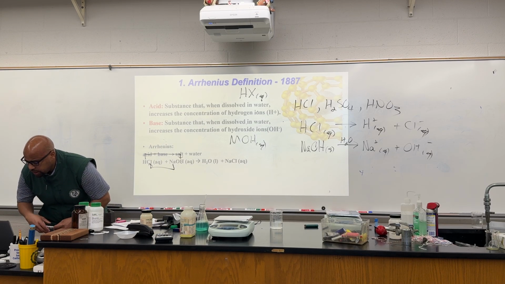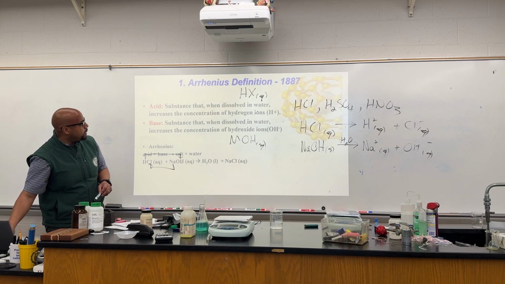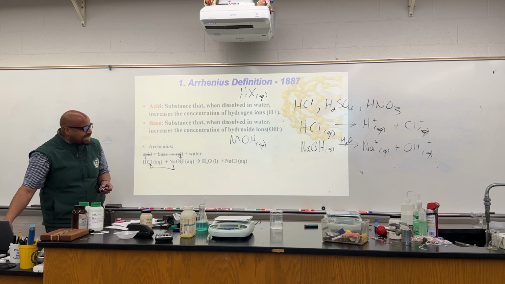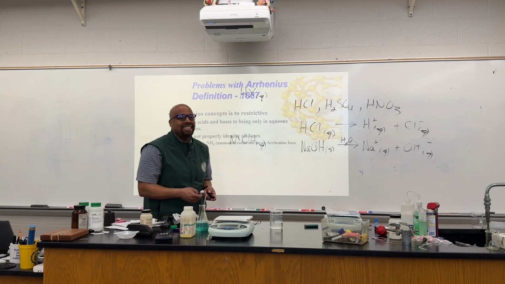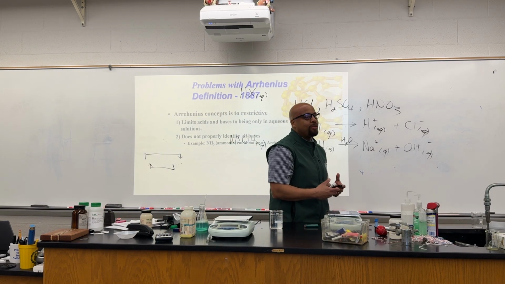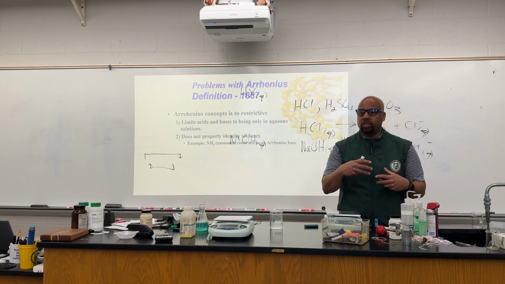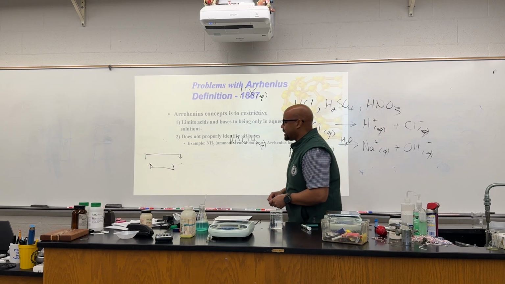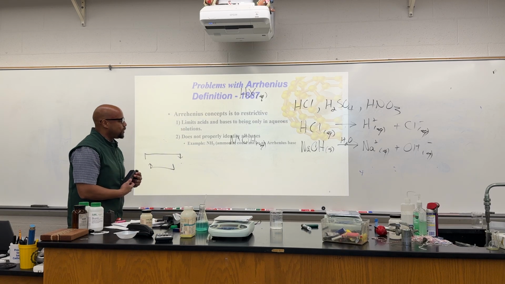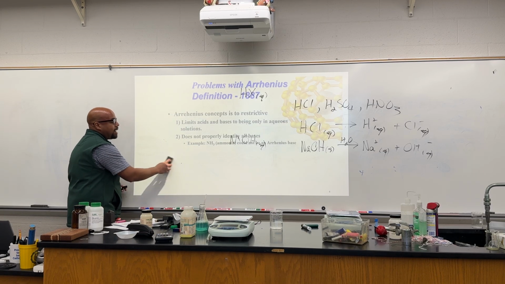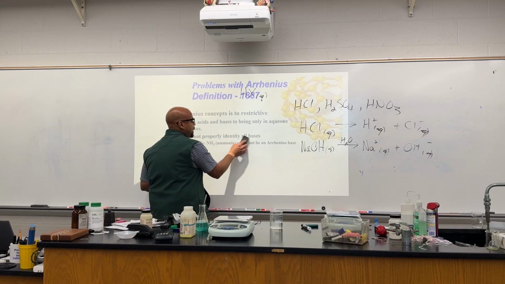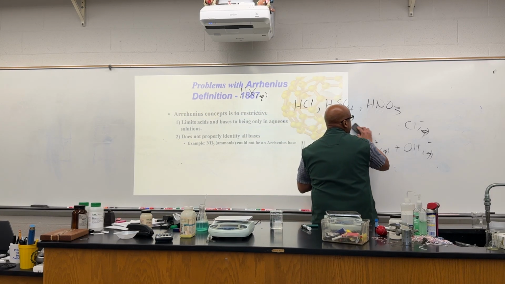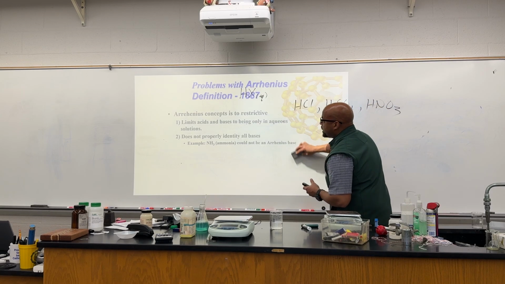All right. Now, one problem we have is that when it comes to Svante Arrhenius' definition of an acid, the problem that he ran into is that it didn't capture all the things that might be acids and also bases. There were some things that just did not start off with an H+, or maybe have the hydroxide as a part of it. But yet we still found out that they happen to be an acid, or maybe a base in this case. To give you an example,